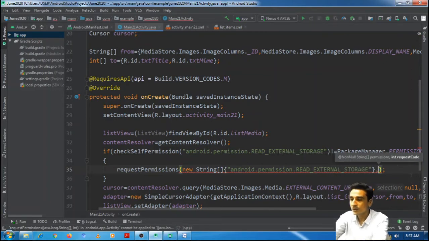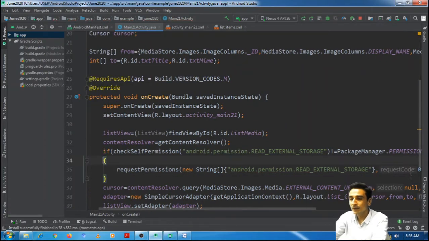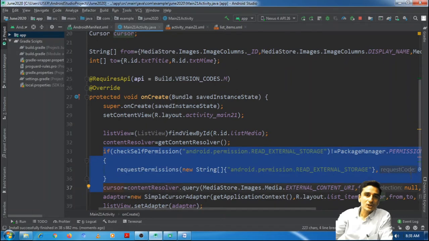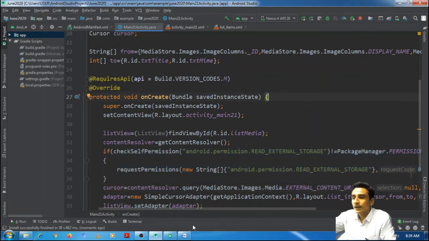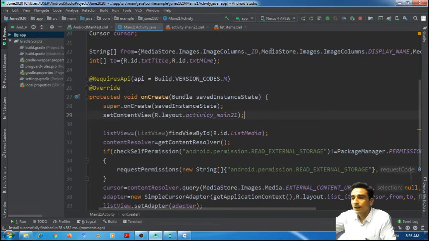And the request code should be 0. So this is dynamic on-the-fly permission. We are asking again for the permission if it was not allowed or given to us. Now you can see that files are appearing, and let me now execute again.